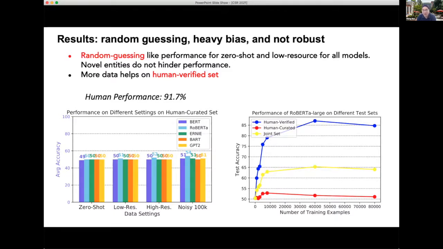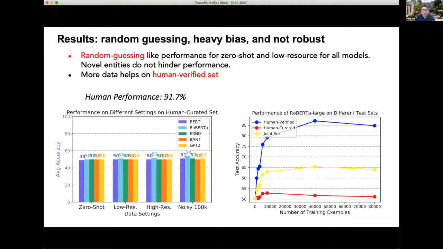So we did try giving them more fine-tuning data in terms of learning what the task is really asking them to do. So you can see the x-axis here is the amount of training examples we give it, and the y-axis again, the task accuracy. And we have 3 different test sets here. The bottom one, the red one, is again the same test set as the left-hand side, which is a human curated set. So you can see the systems don't really get away from random guessing with more training data,